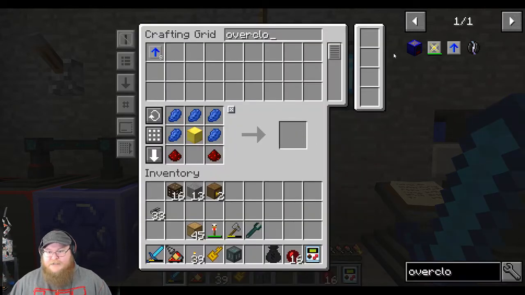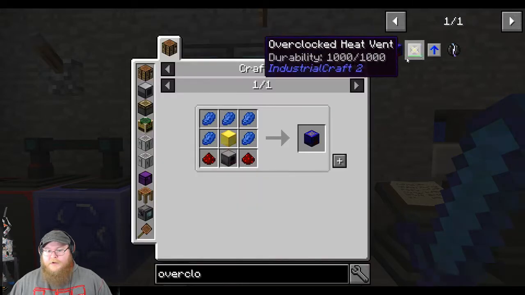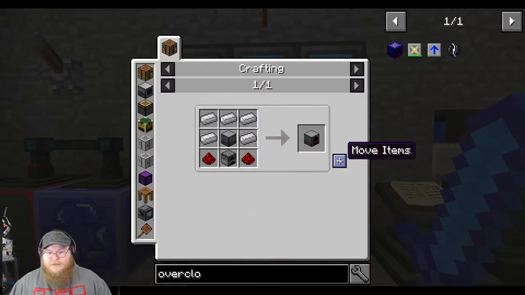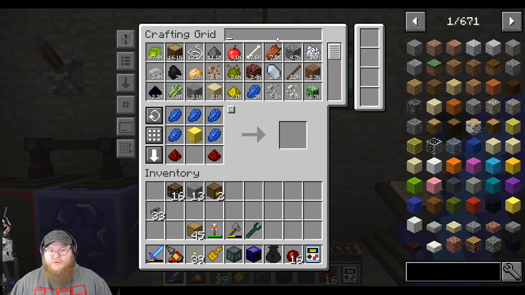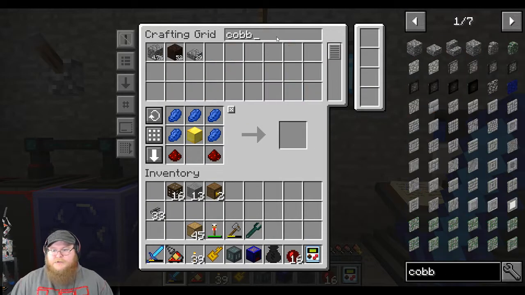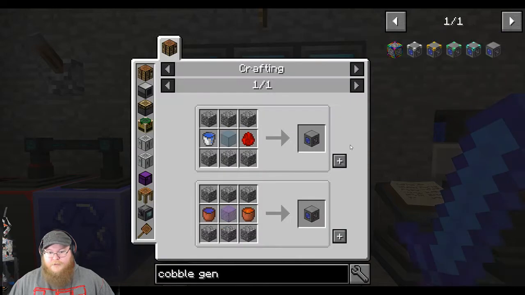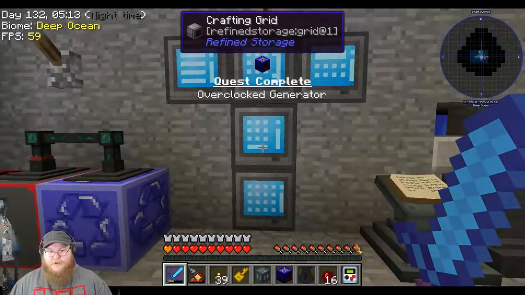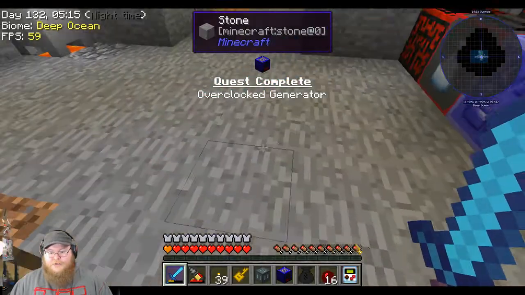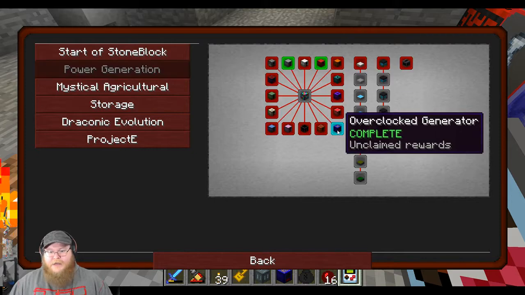Actually, let's test. Can we test this out? I want to completely test this out before we go any further. We've got that. Let's make that overclock generator. And then do we have a cobble generator? Can we make this? I need a bucket of water. Oh, I've got a quest complete for overclock generator. I didn't even know that was a thing. Well, yeah, I did, but...